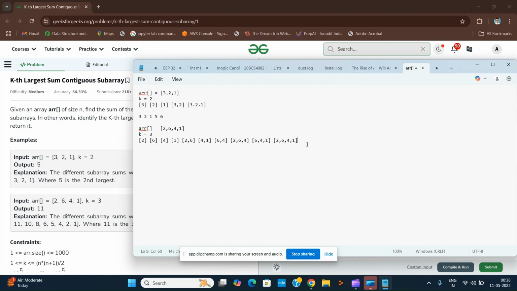Now we will try to find out the sum of each and every subarray. That is 2, the second one is 6, 4, 1, the fifth one is 8, 5, 10, 12, 11,